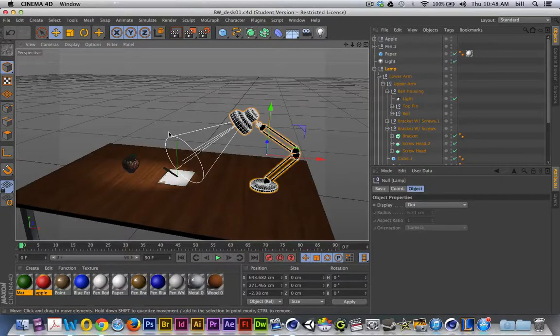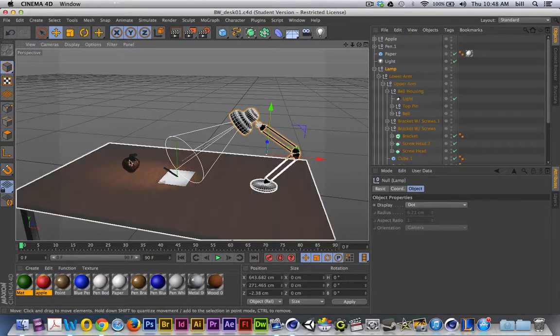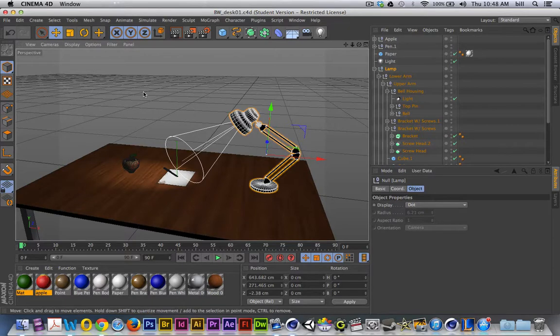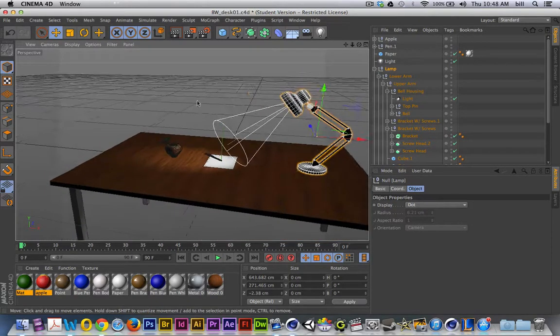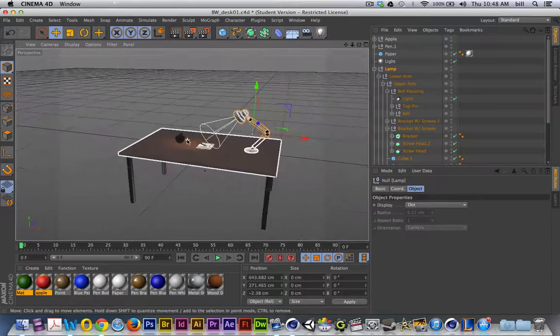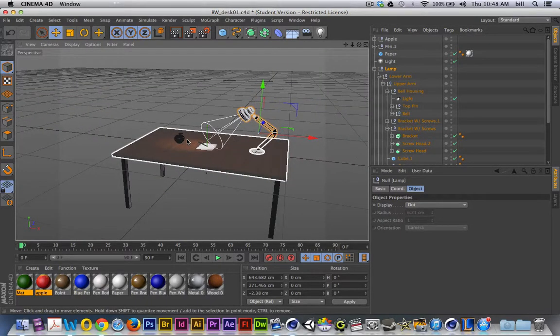So now that I have a little bit of volume or some basic objects inside my desk scene, I want to start to think about the environment and the lighting. And before I start to light this thing, it's always a good idea, when it comes to lighting, once we start playing with global illumination and some other details, it's really important to